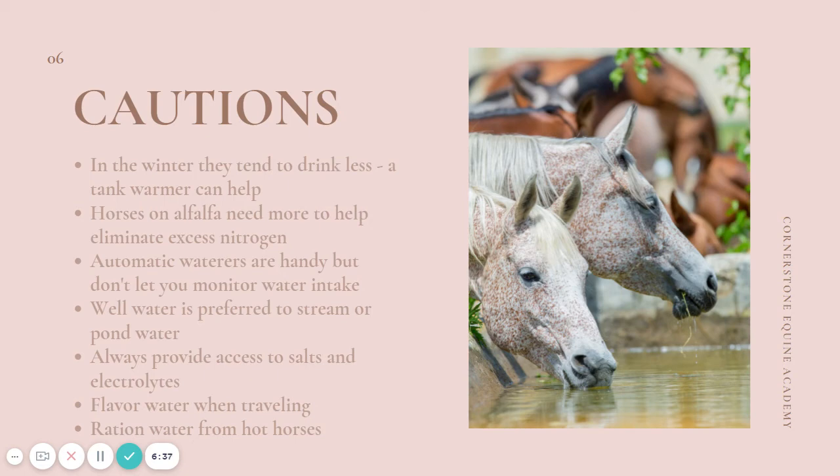Well water is preferred to a stream or pond water because those can be contaminated with bacteria or feces of